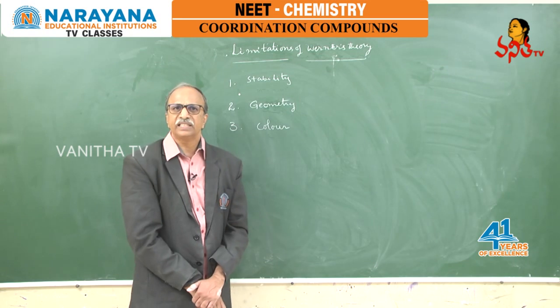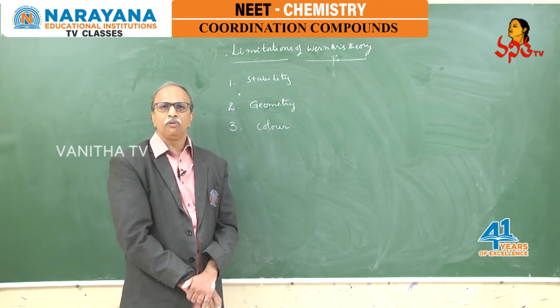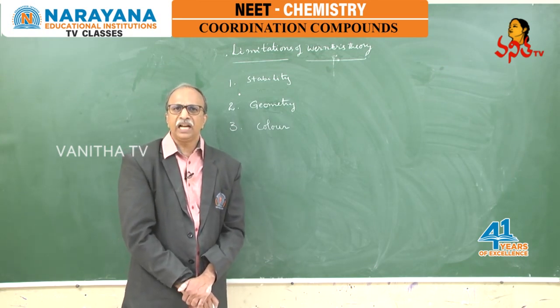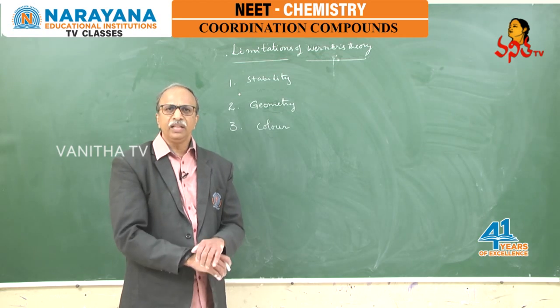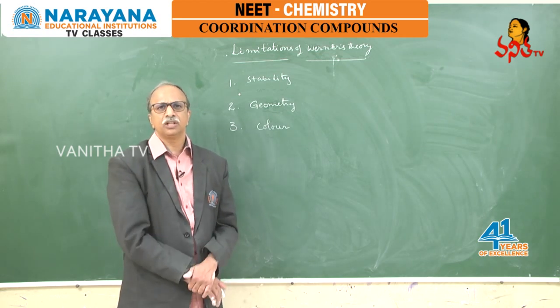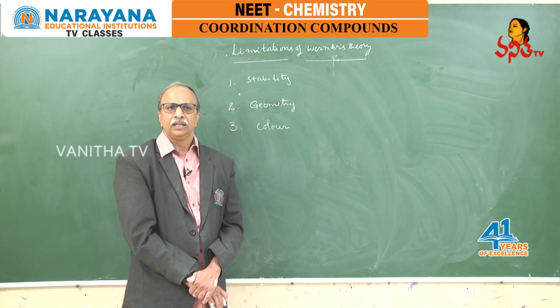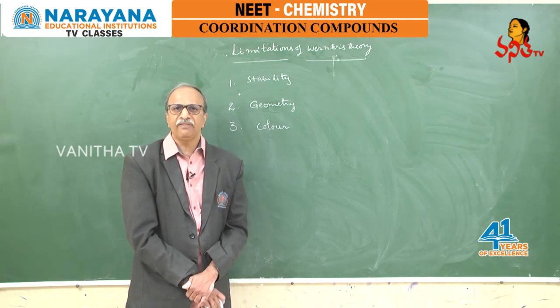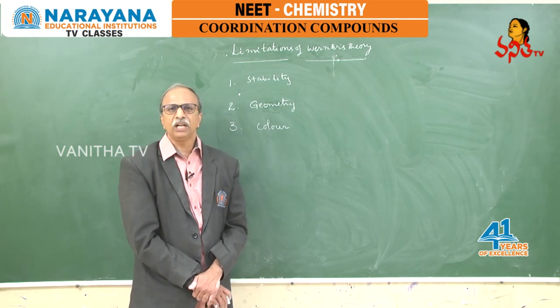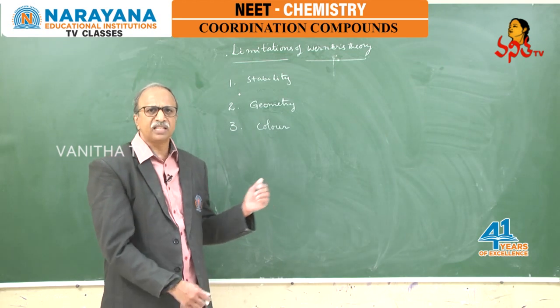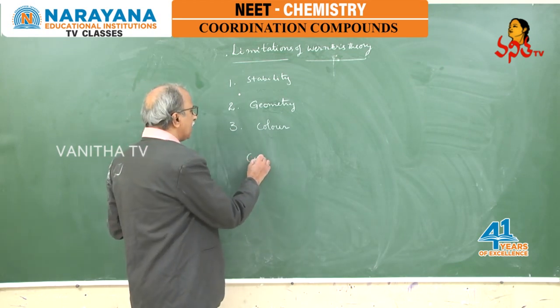Why is this color exhibited? And moreover, the same type of metal ion is present in the complex, even though the colors produced by different types of secondary valencies are different. That is what we have in the first example, Co